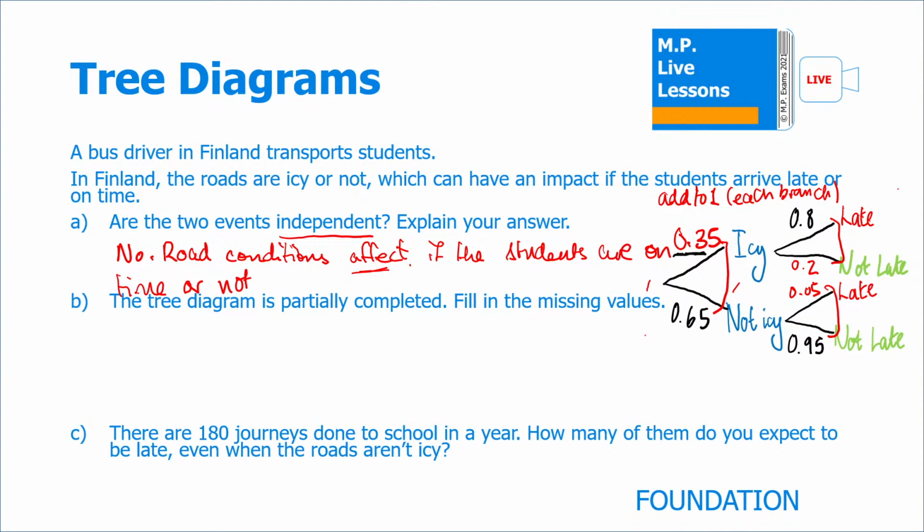So there are 180 journeys done to school in a year. How many would you expect to be late when the roads aren't icy? So the probability of it not being icy and late, since you need to multiply the events together, would be 0.65 times 0.05